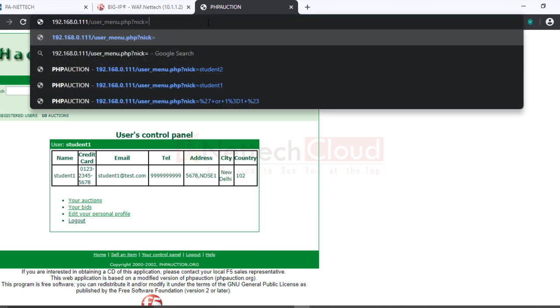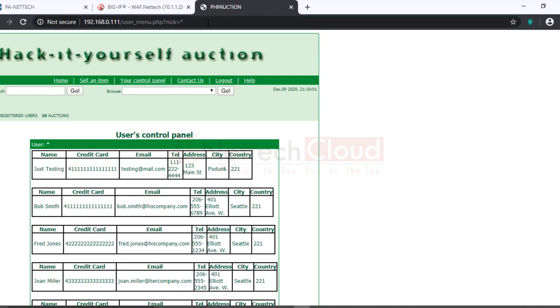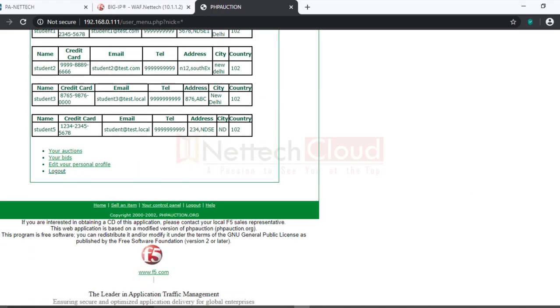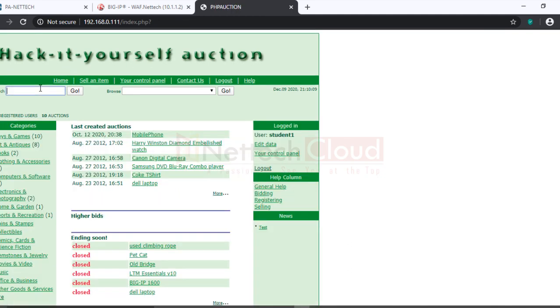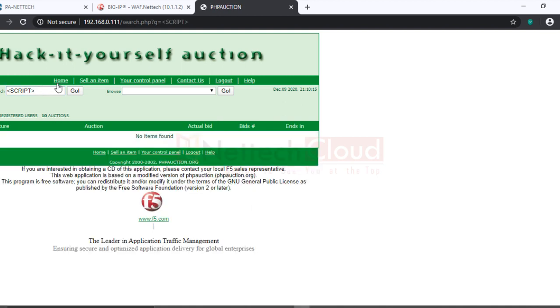Now I'm going to replace student one with the wildcard asterisk. It's another attack, a parameter tampering, right? What about any scripting attack? Let me write down a script here. Of course there will not be any output of this, but at least it is allowed.